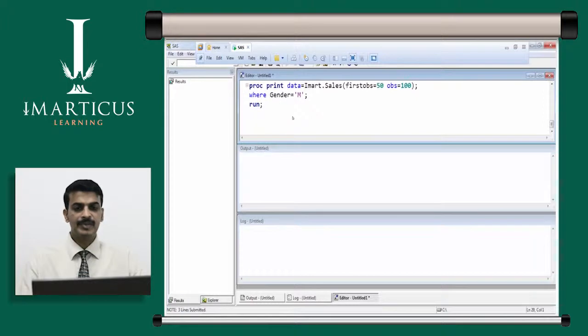If you remember the operators that we discussed during proc print procedure discussion, there was one special operator called as like. So you need to use that like operator to meet this particular requirement. So this is what I need to write. I say proc print data is equal to imart.cells